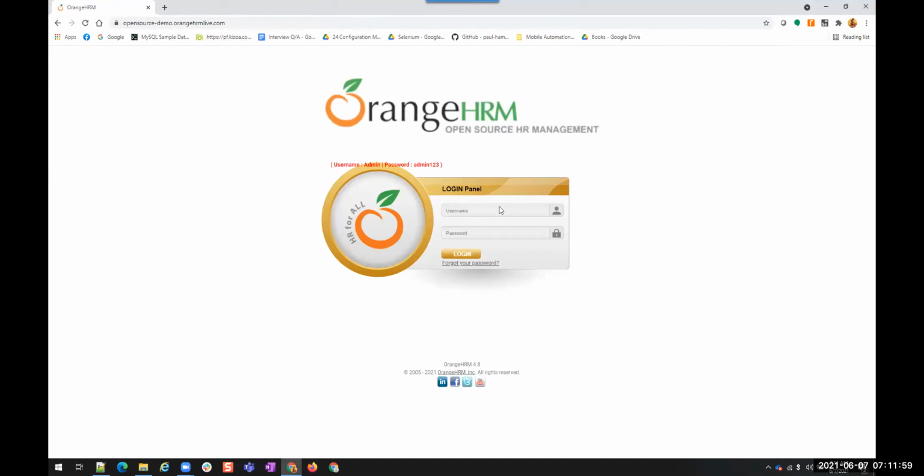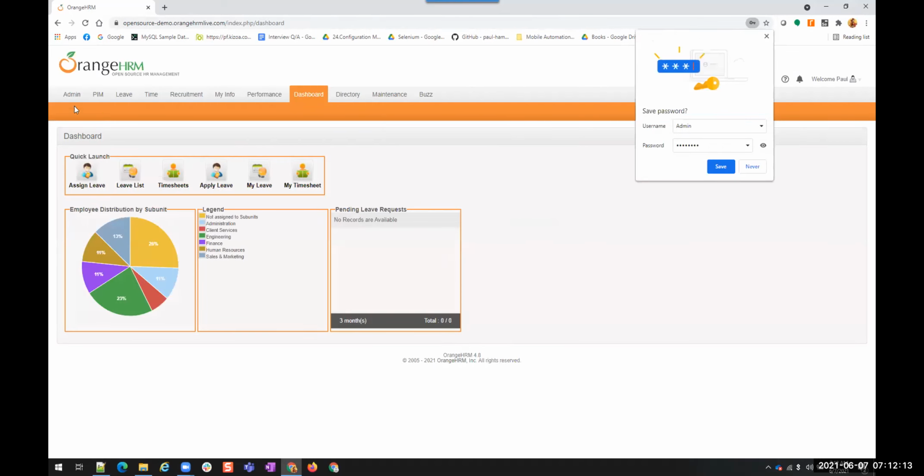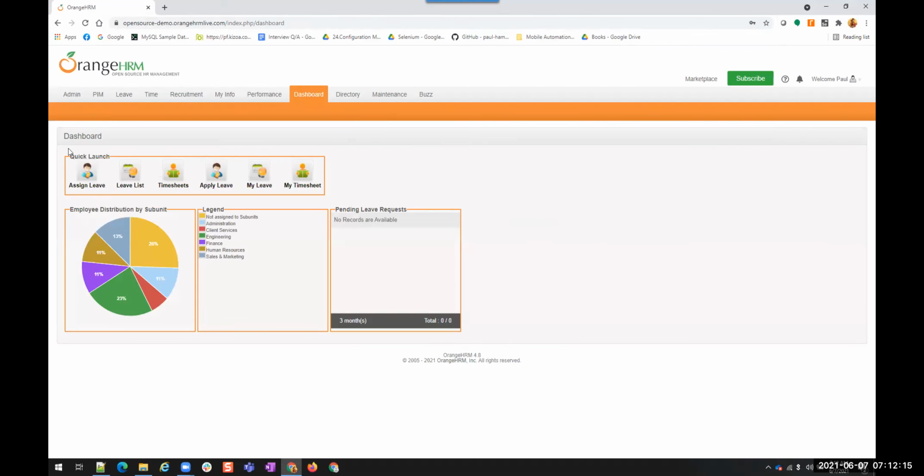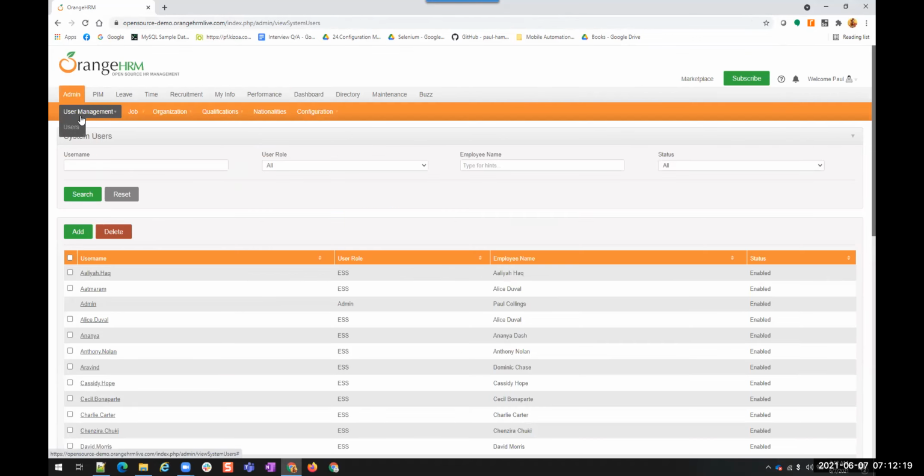This is one of the sites which is related to the resource management of an organization by the HR team. Okay, so you can see there are various functionalities present inside this site. There is an admin link where you can perform all the admin activities, user management, and then job titles, pay grades, employment status, organization, qualification, nationalities, configuration, and if you want to configure any emails and all those things, here it is.